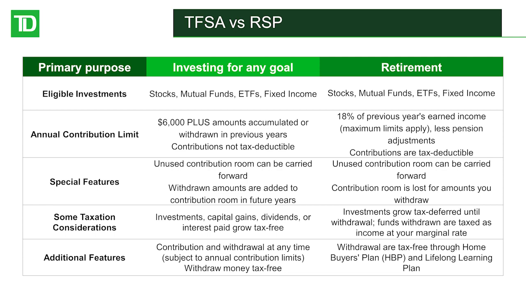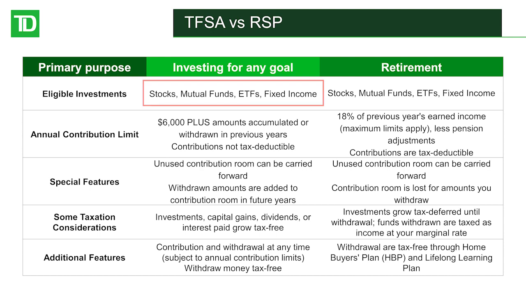And the primary purpose of these two types of accounts are, I would say, somewhat similar, but yet different. So for a TFSA account, the primary goal is really just for anybody who wants to save for any type of investment goal, or even any short-term, medium-term, or long-term goal that they have. And the eligible investments would also include stocks, mutual funds, exchange traded funds, fixed income, so very similar to a cash and margin